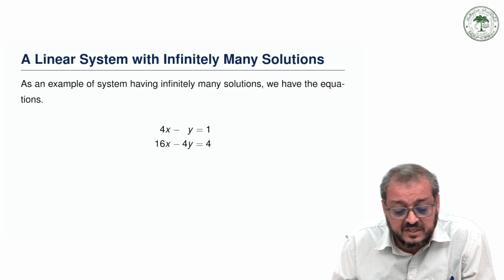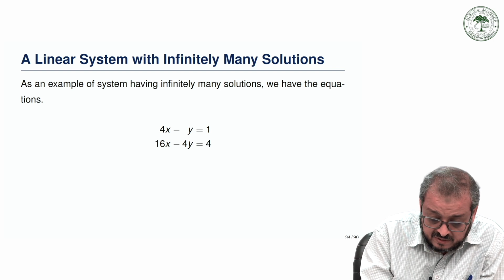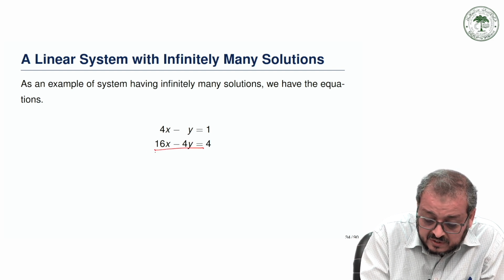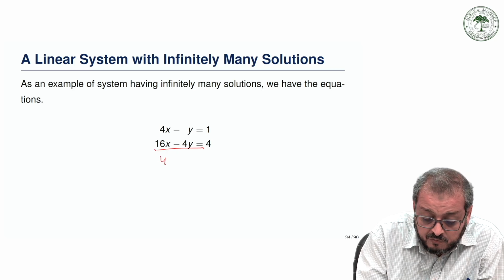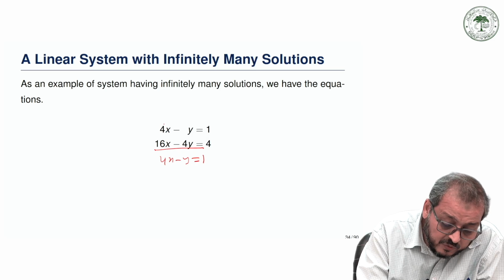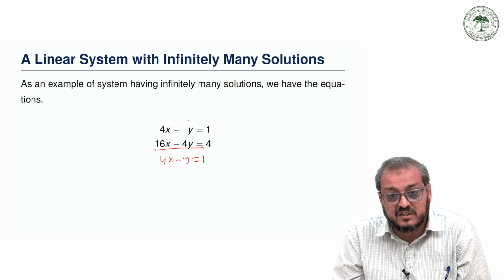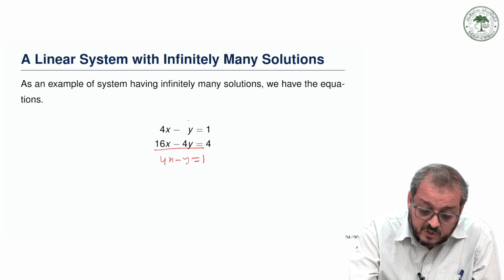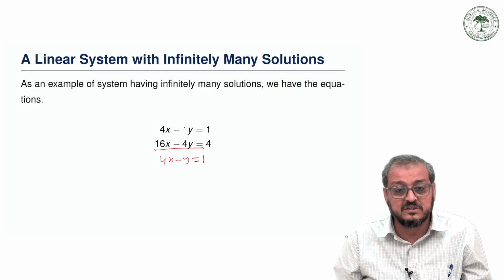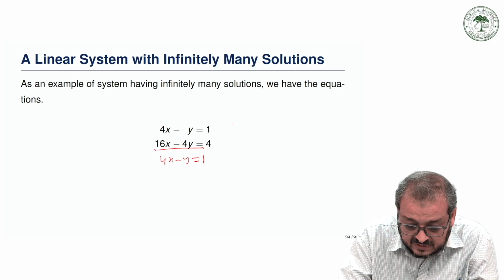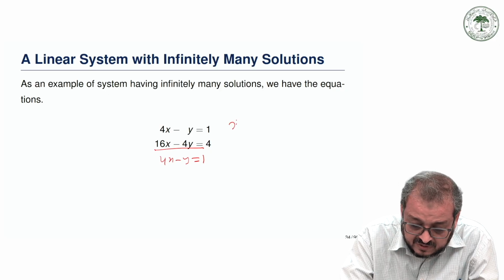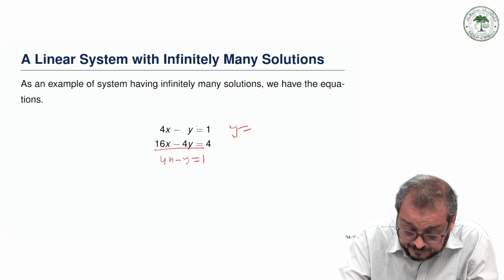This is a system which has infinitely many solutions. If we multiply this equation by 1 by 4, it is equal to 4x minus y is equal to 1, then you see these two equations are exactly the same. So both the equations are the same. So this depends upon y or x; in this case we can say that y can be written in the form of